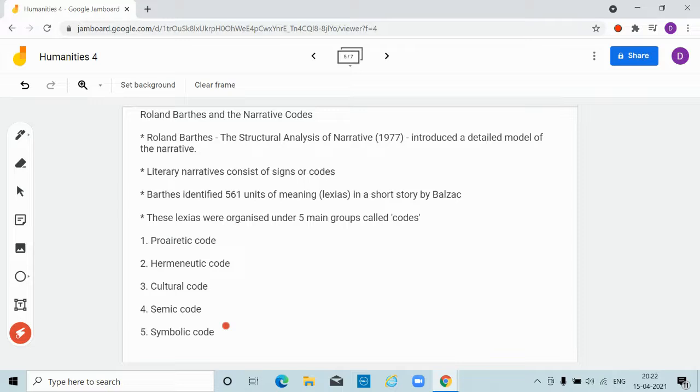Now, the fifth one, the final one, the symbolic code. Now, this is similar to the scenic code, but it extends beyond a particular stereotype and refers to something larger. For example,